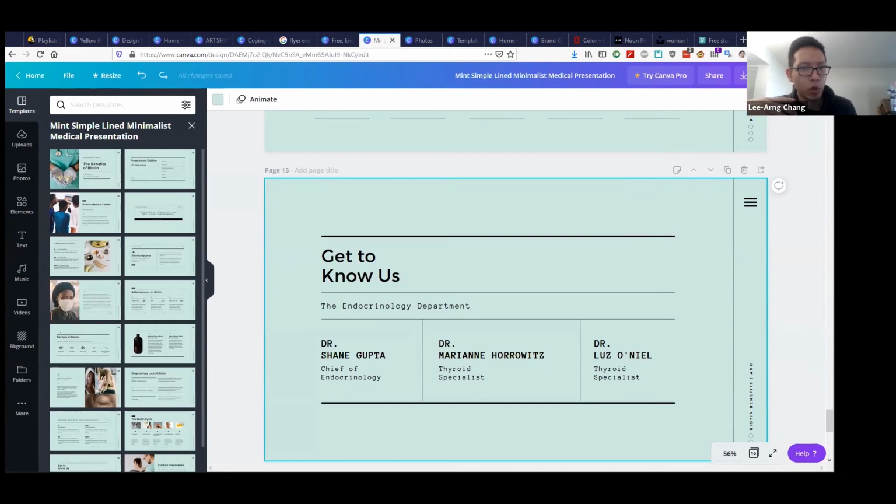How do teams work with free accounts? I haven't really explored too much of this. I know that some of the Teams features are behind the paywall. You would have to pay for Canva Pro. I don't know the specifics of which Teams features are behind that, but I can definitely explore that and get back to you if you're interested in the team collaborative tools with Canva.